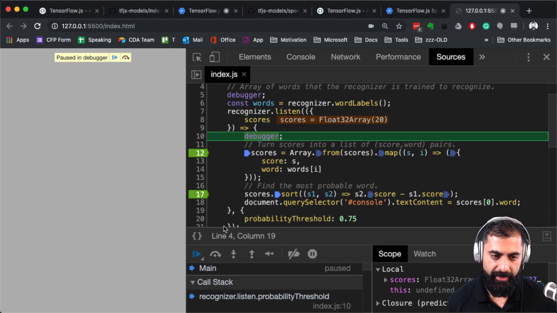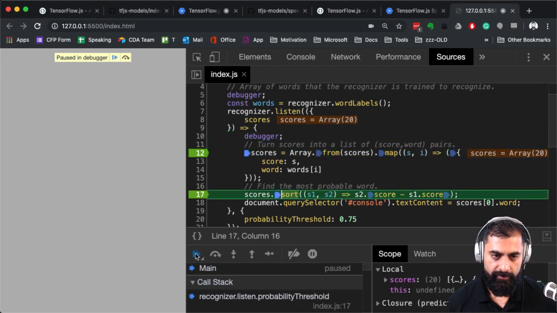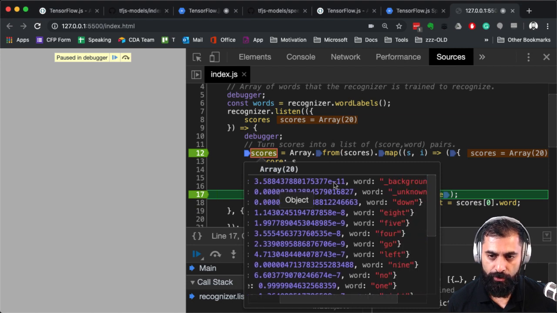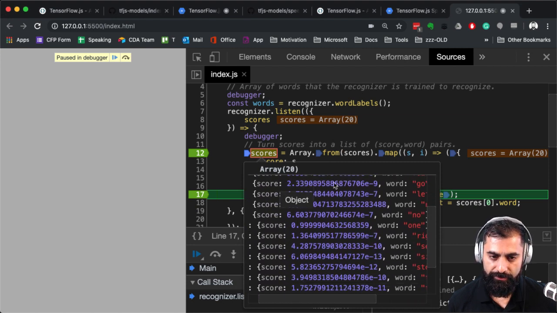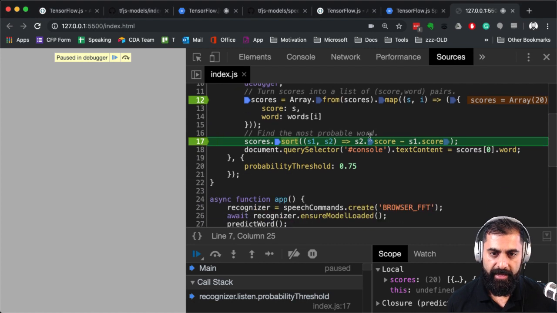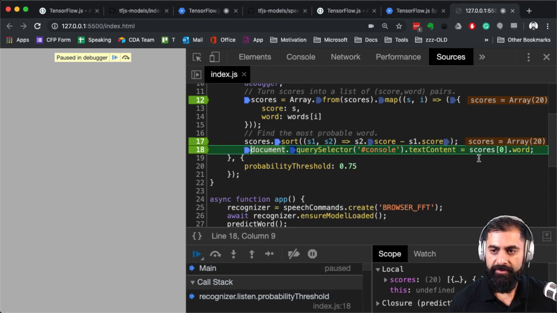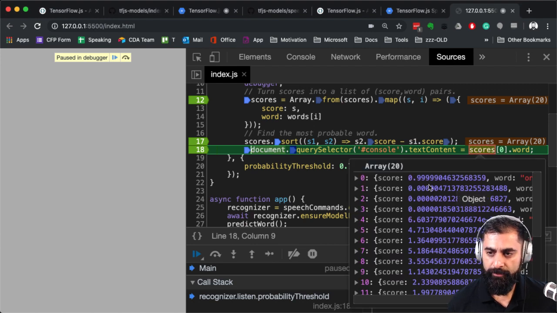I'm going to skip ahead. Here we go. So scores is going to be an array of objects, with the score and the word to make it easier, I presume. And then it's going to sort it, so the highest probability is at the top.